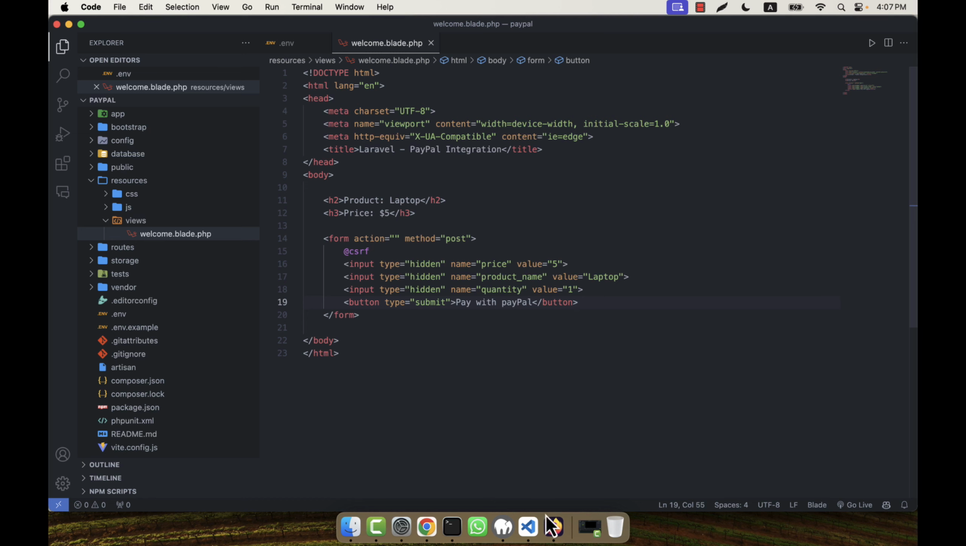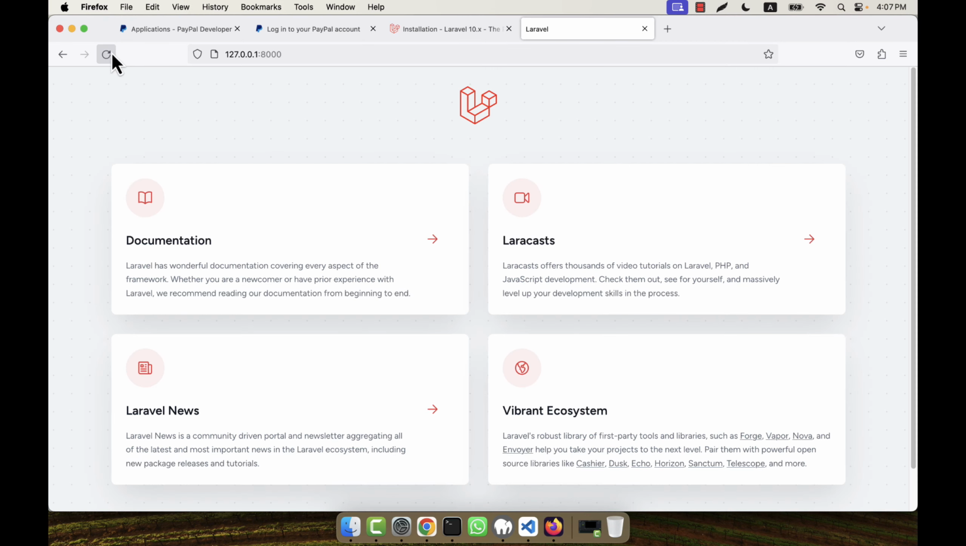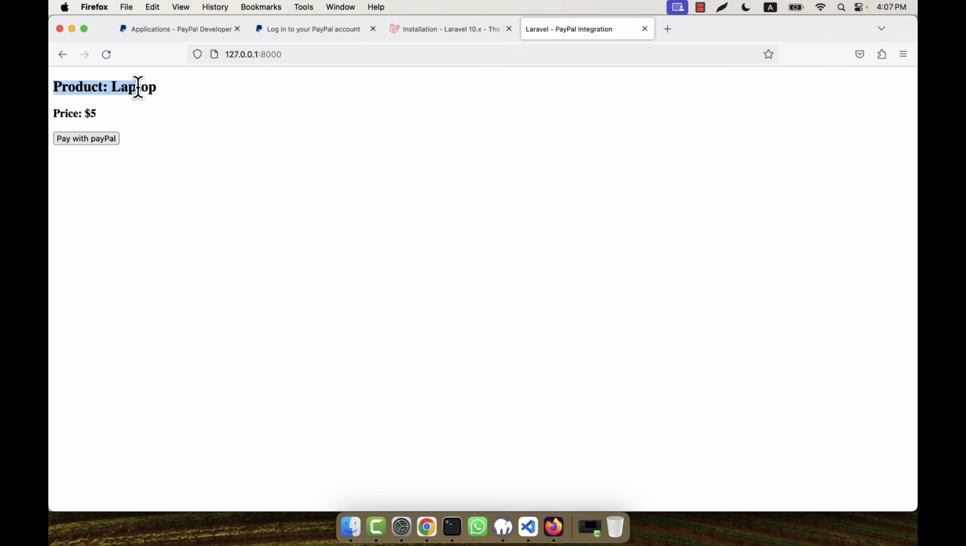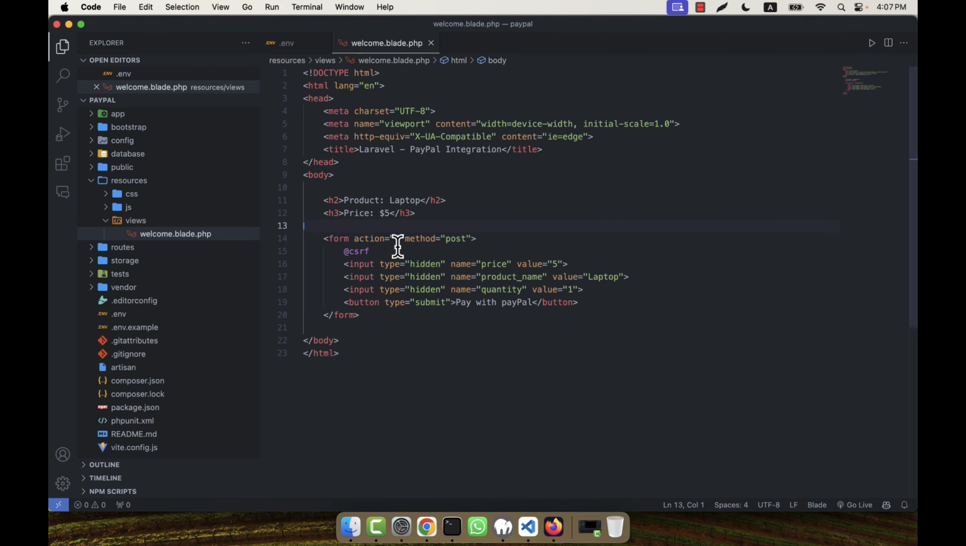To see how it looks, I am going to refresh this page. You see the product is laptop, the price is $5, and Pay with PayPal. This is the first step I put here. If you want, you can create a route here. So here I am going to create a route, that is the PayPal route. Okay, so when a person clicks on PayPal, what will happen? He will be taken to the PayPal route, where normally routes are, that is in the routes